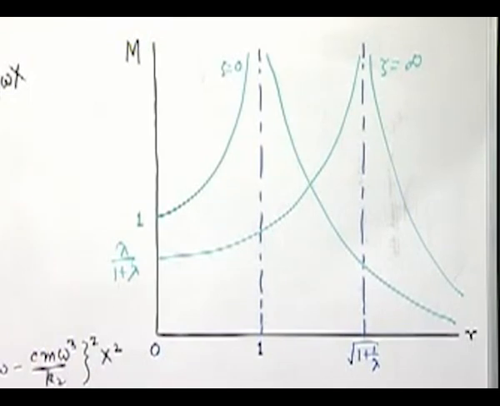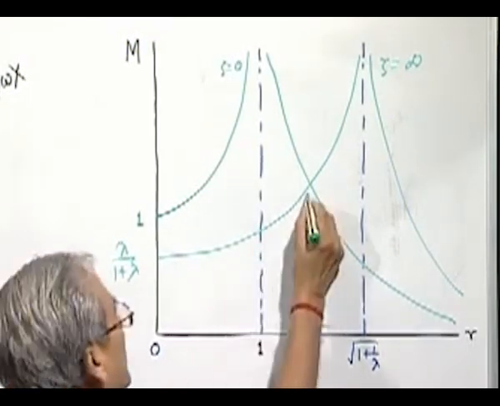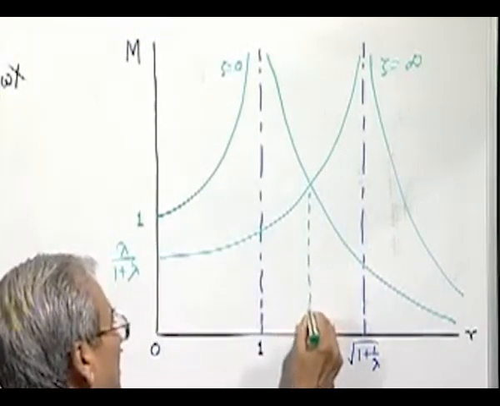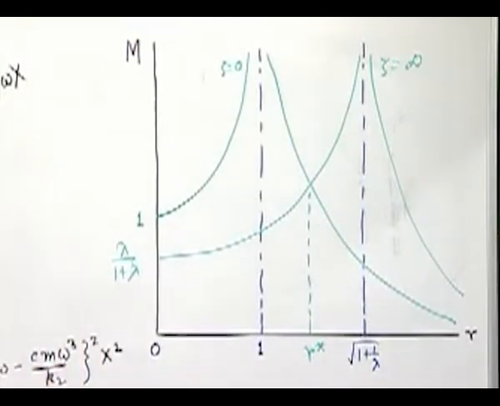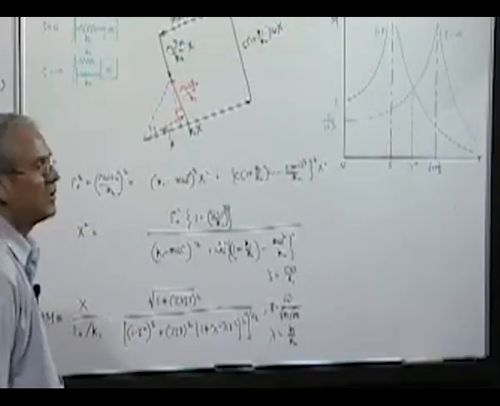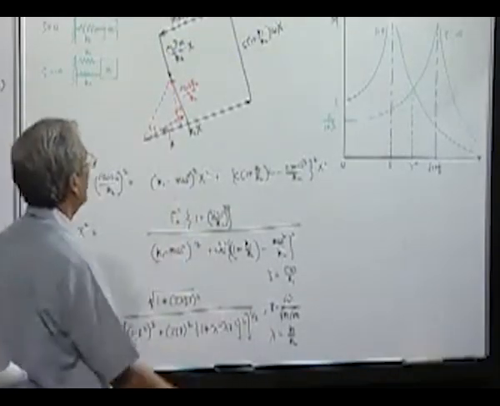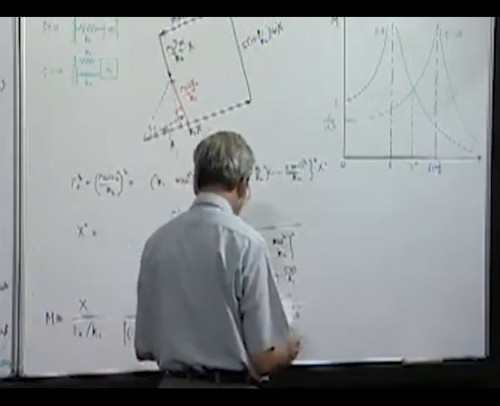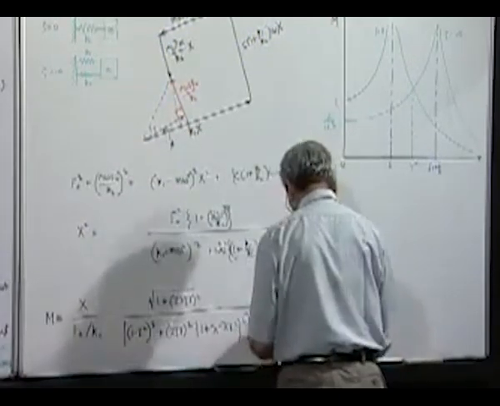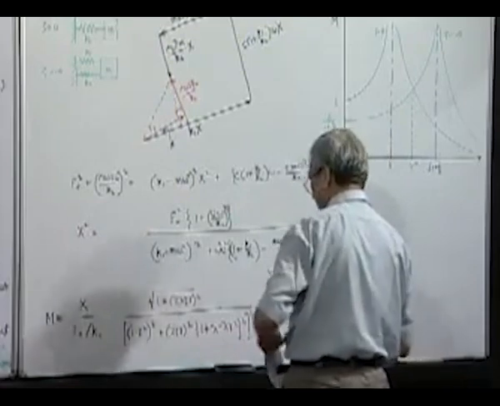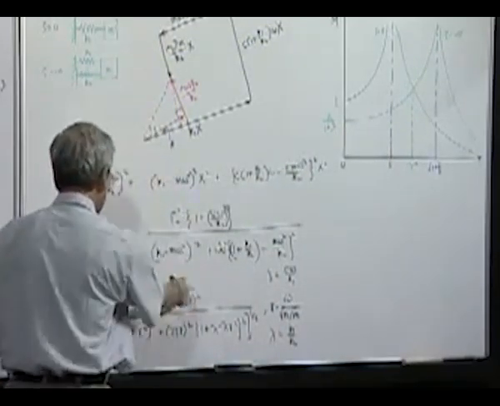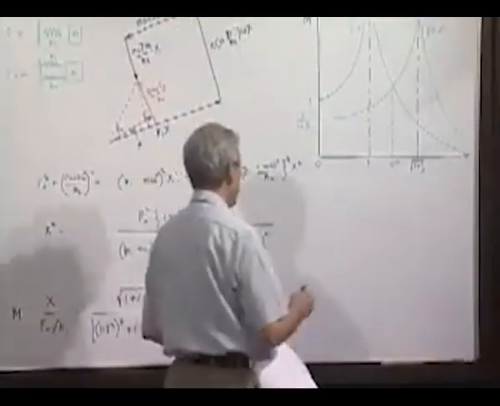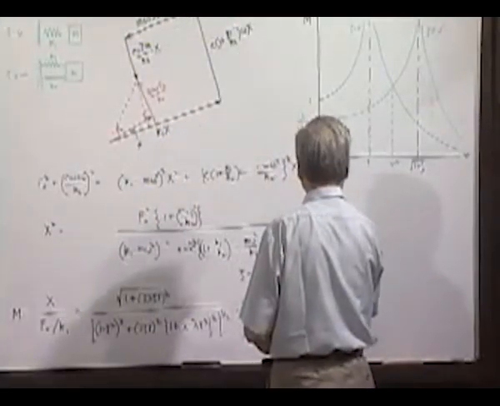now one thing is very clear, that at this particular frequency ratio, the magnification factor is not depending on the damping factor. It can be easily found out what will be the value of this. How do you find it out? The magnification factor when zeta is 0 is given by 1 by